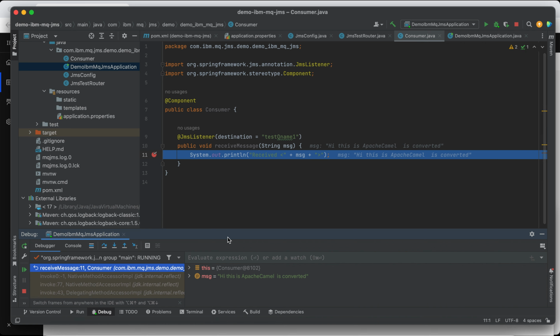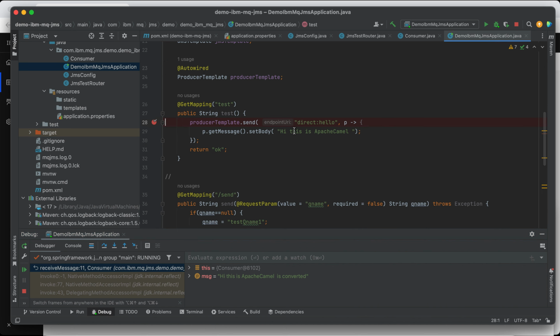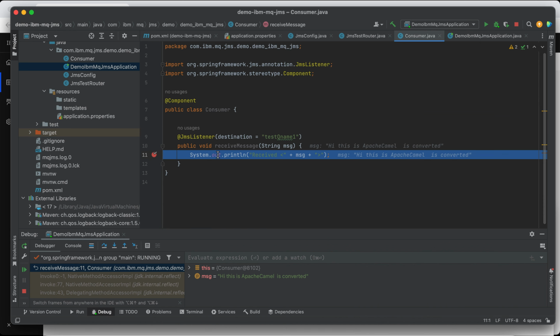You see, we receive it. The message is, hi, this is Apache Camel. This is from this, right? So the source of the message is Apache Camel, and the JMS component receives it.